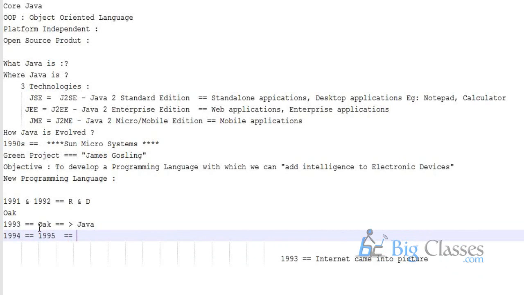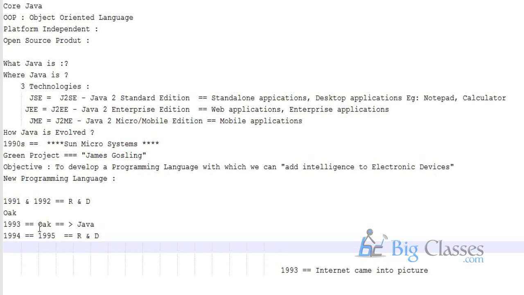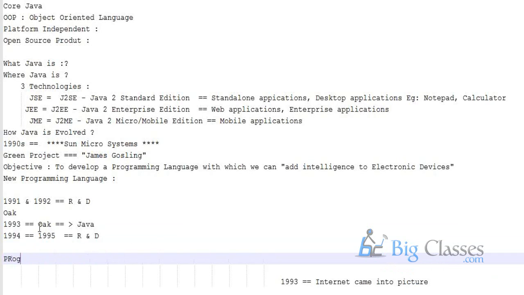In that research and development, they found that with the help of this Java programming language, they were able to write some programs that would run on a browser.